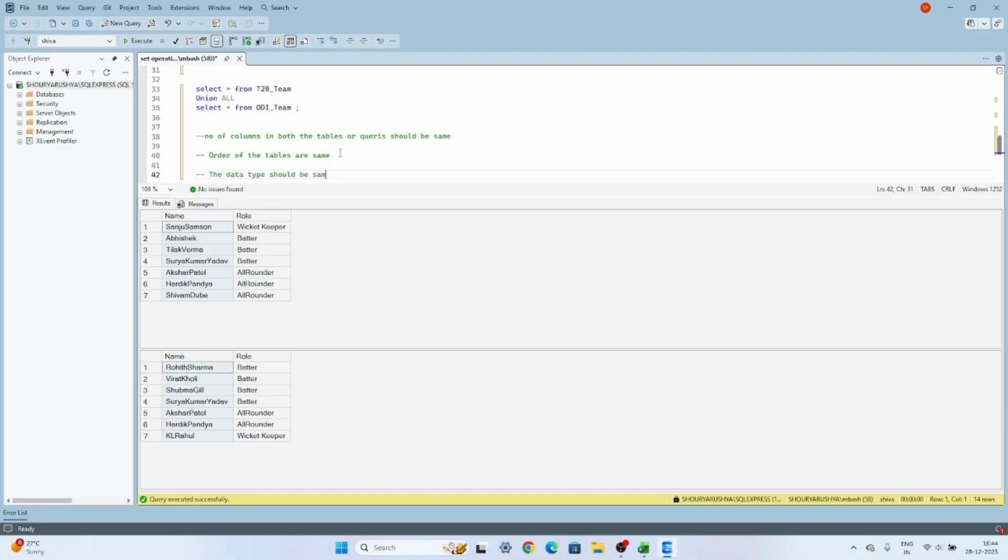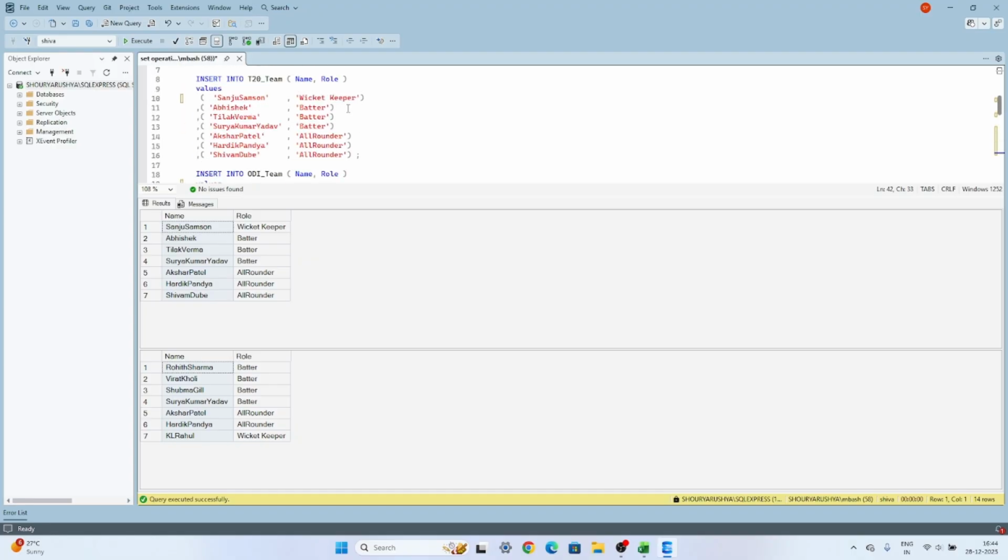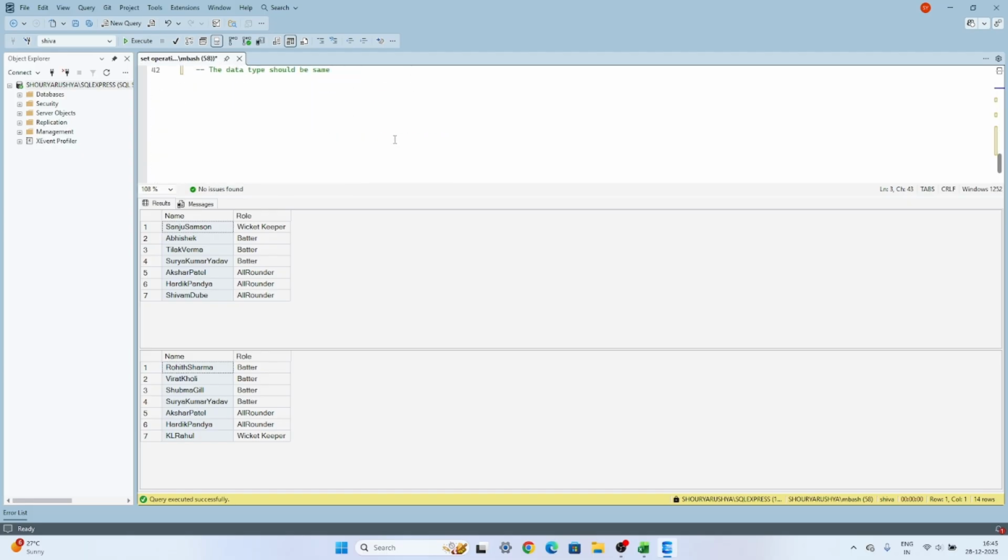should be same. Example, if you see, when we create two tables, there is only one data type, that is varchar. So the name from both the tables is varchar. Example, role also is varchar. If we use one more column, example age, in both the tables, then integer, which means when you combine two data sets, the data type should also be the same from both the queries or the tables. So the third important concept is data type should be same